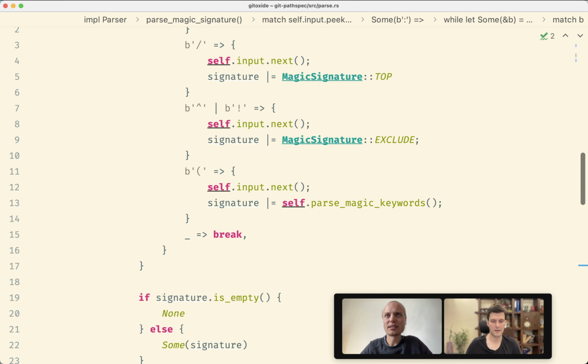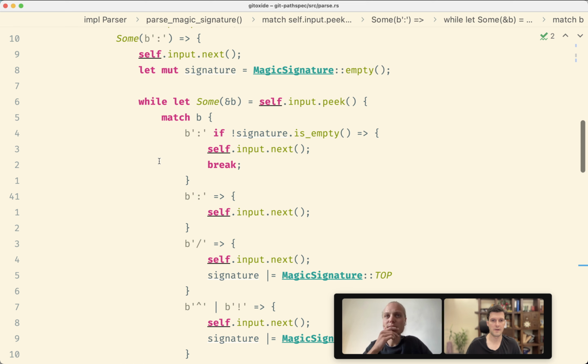Maybe it's easier to look at examples in the test case. Oh, you know what? You're right. I mean, we have tests, right? So what I'm thinking is true. You see how I'm thinking about this now, what is it actually saying? So what if we'd say that in the signature, in any case,